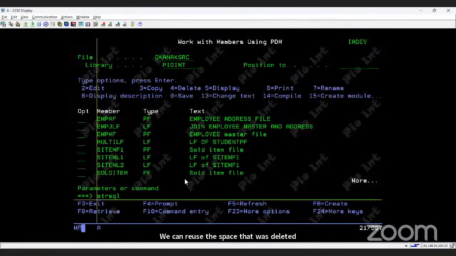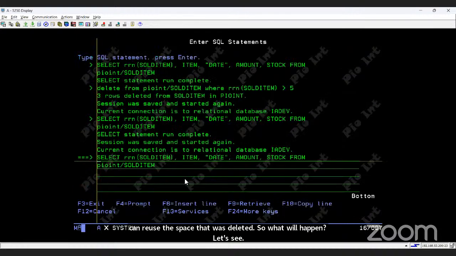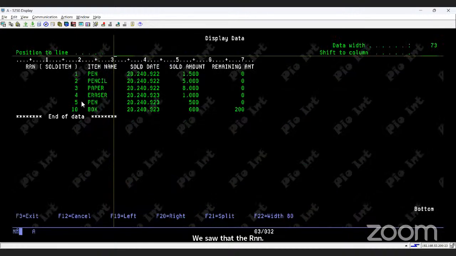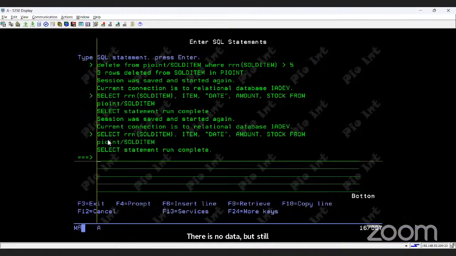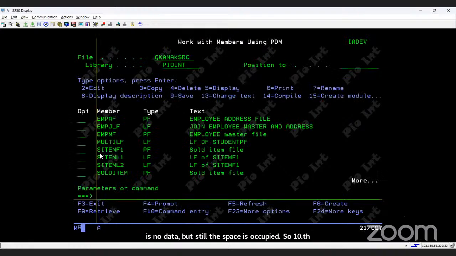We saw that the RRNs were 1, 2, 3, 4, 5, and 6, 7, 8, 9 is occupied. There is no data, but still the space is occupied. So 10th is the next RRN. So once you mention here